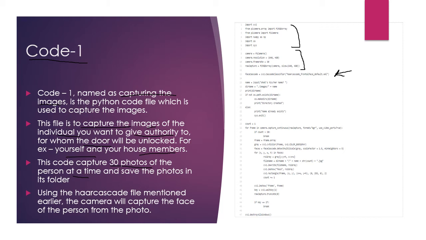After that, first it will ask the name, and if the name is already in the directory, it will say that the name already exists. If not, it will capture the faces and make a directory. As you walk through the code, it will show you how the code makes the directory and captures the faces of the authorized person.